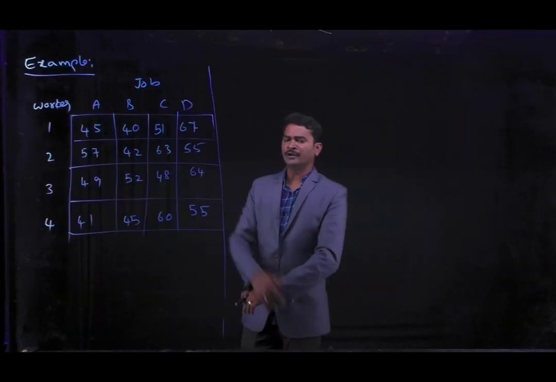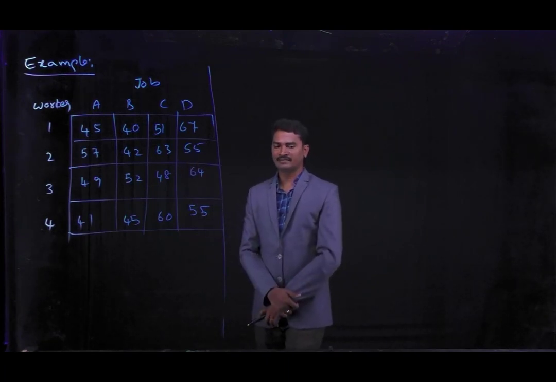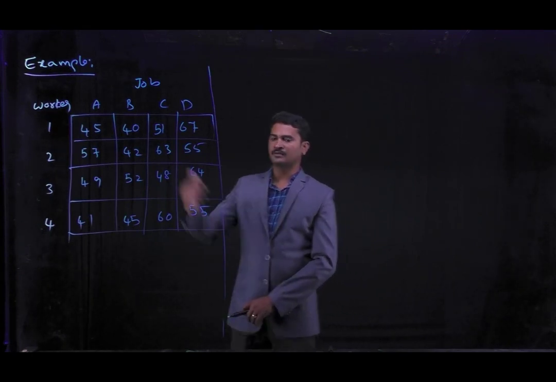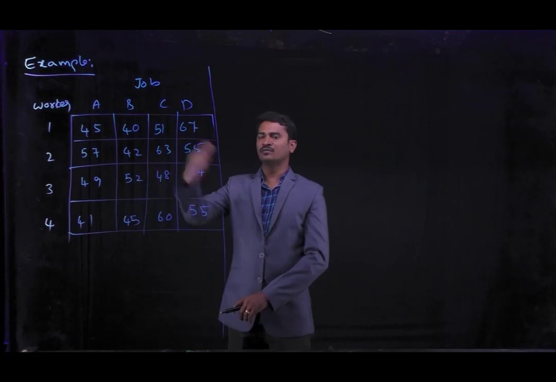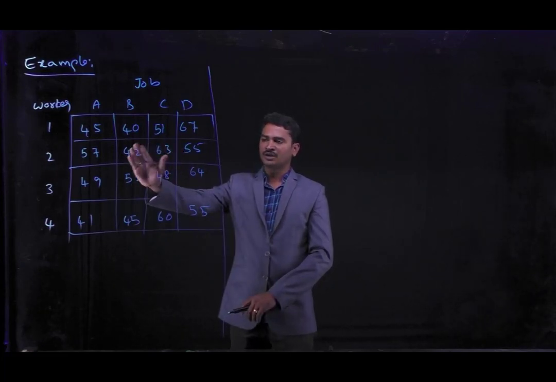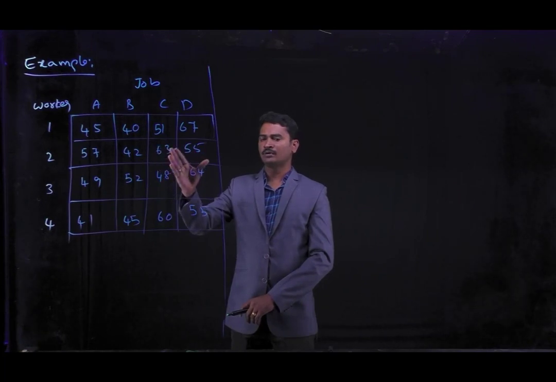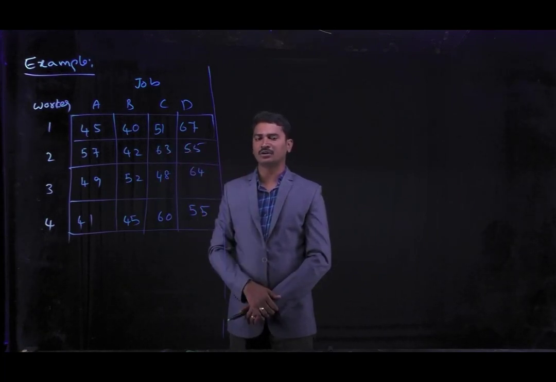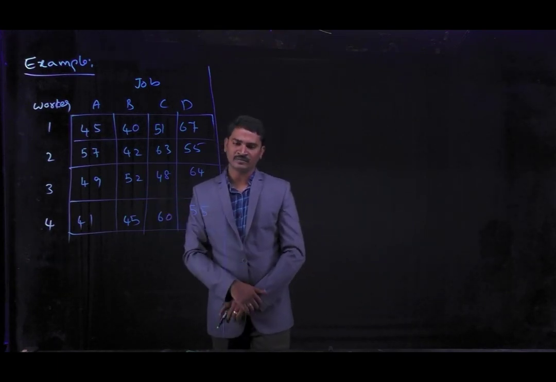Okay, I am going to explain the assignment problem by taking an example. Here we have some steps. Stepwise I am going to solve this problem. Initially they give 4 workers and 4 jobs, and the job timings are given. Here we are going to calculate the total job hours, the total machining hours in the industry, from this table.